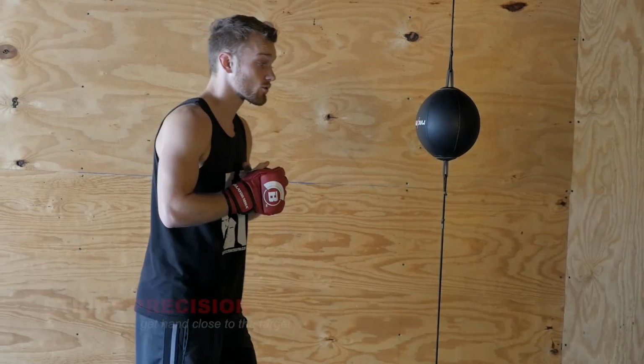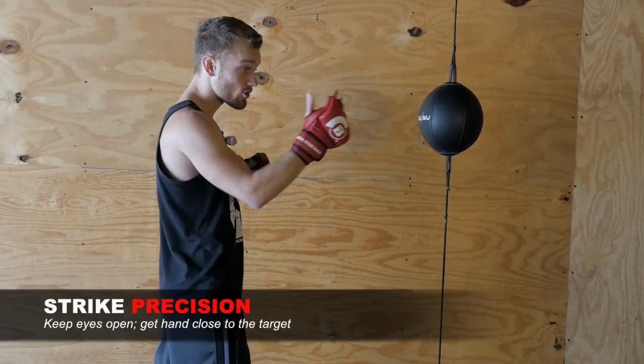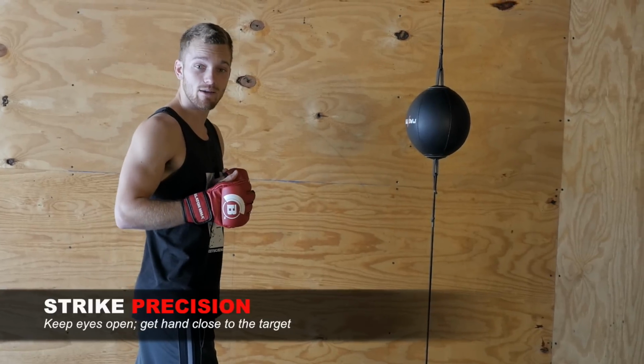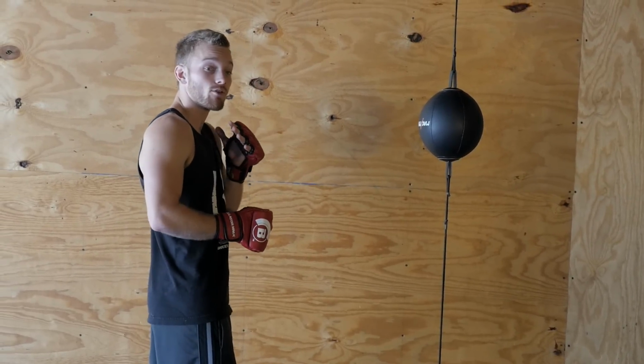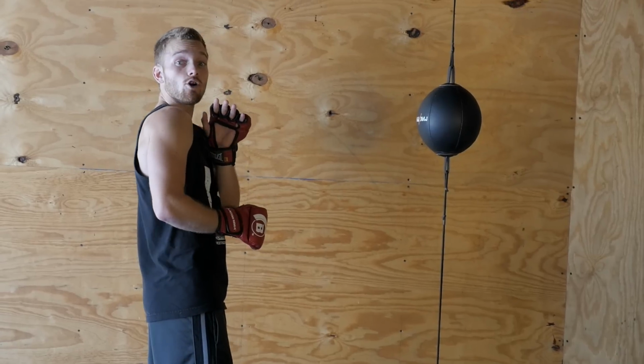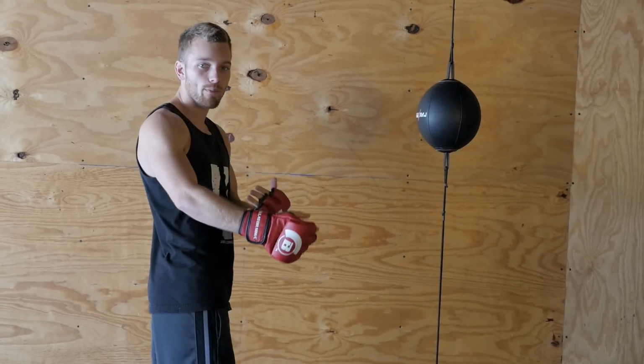Okay, talking about the first one, precision. How can you be more precise? How can you be more accurate with your punches? By keeping your eyes open and seeing the target that you're aiming for. Conor McGregor is great at doing this. Similar to Floyd Mayweather and Muhammad Ali, when their backs are up against the ropes, their eyes are wide open so they can see the punches coming in and defend accordingly, but also they see the openings so they can